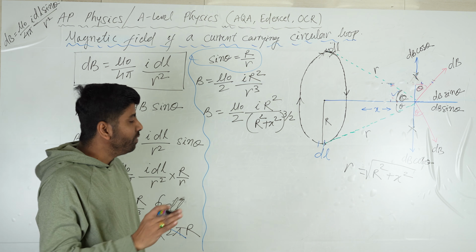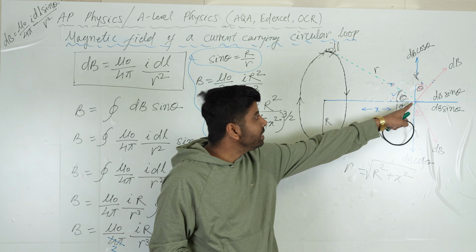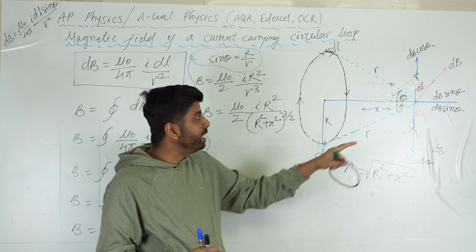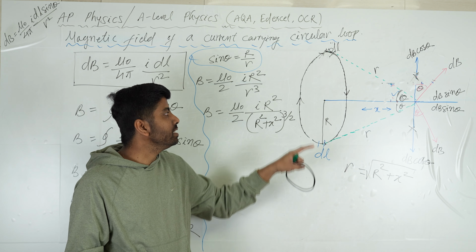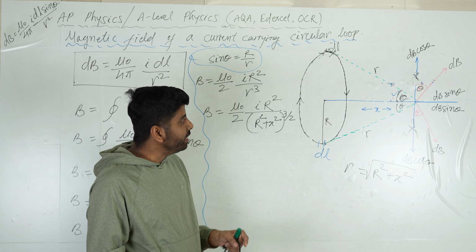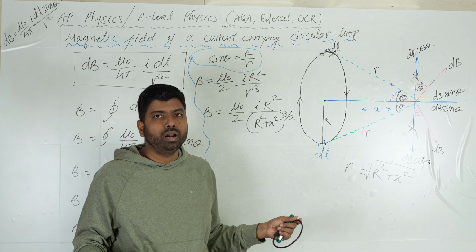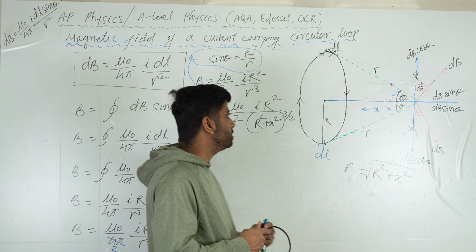Now we will find out two special cases. The first is when the point is at the center, that means the value of x becomes 0. When x is 0, what will be the magnetic field intensity at the center? And the second case is when the distance is very, very long compared to R, what will be the magnetic field intensity? So let us find out two cases. Case 1,